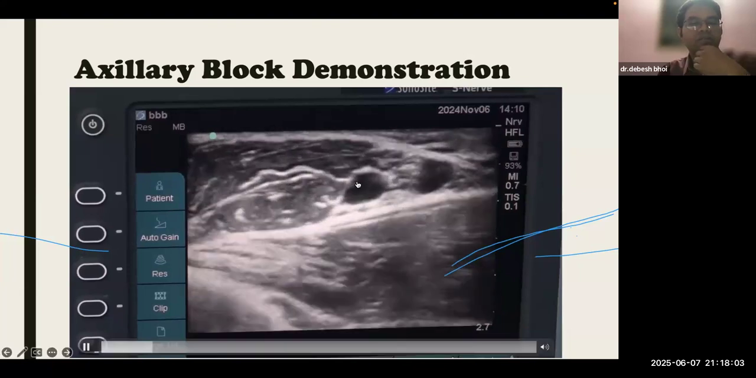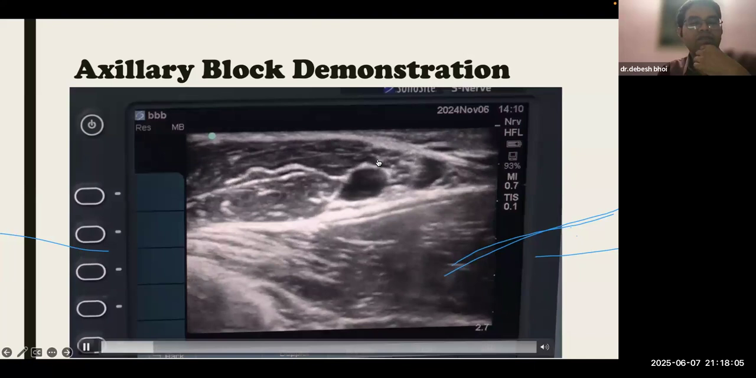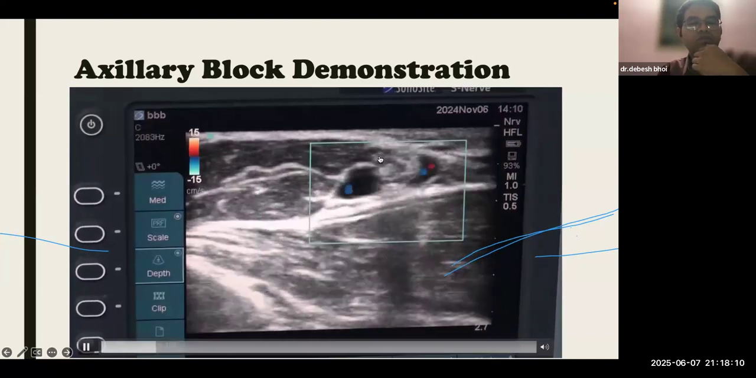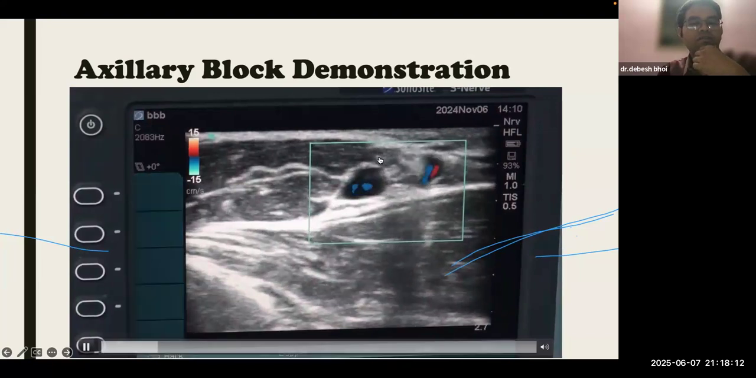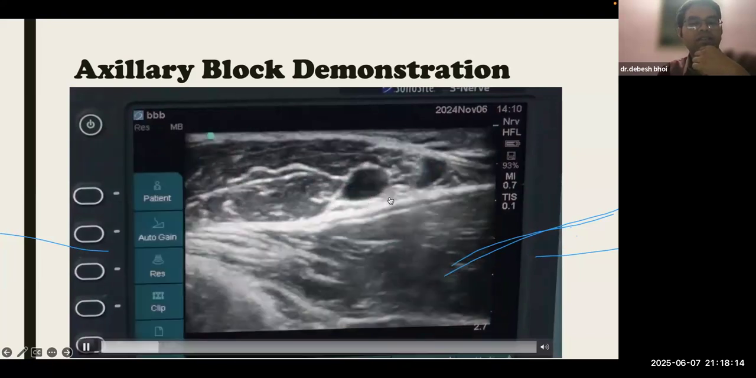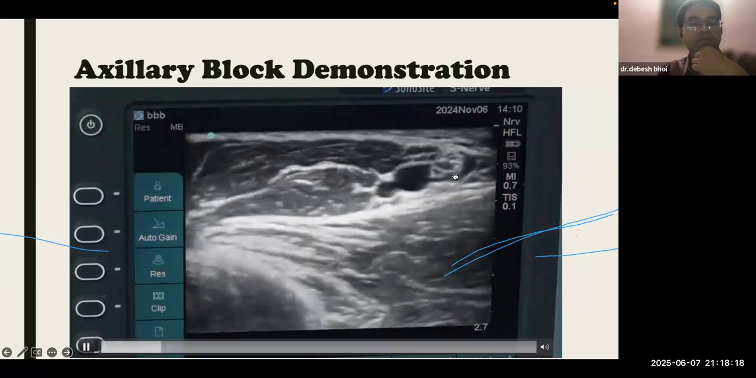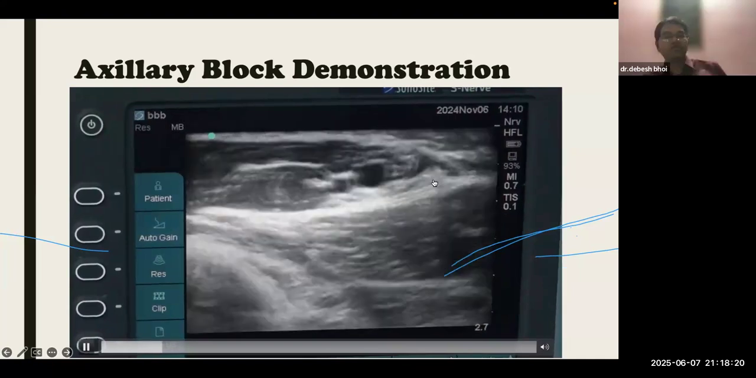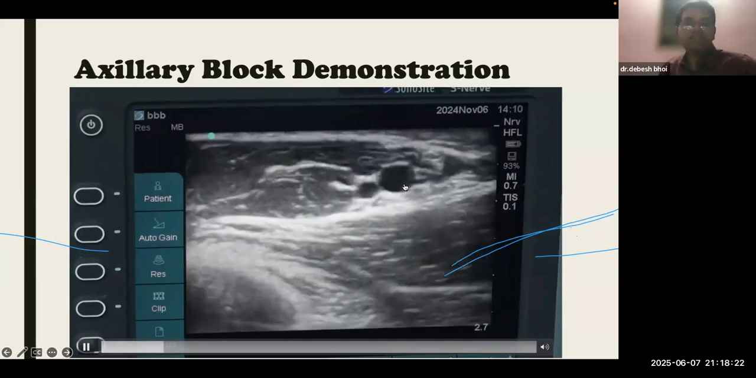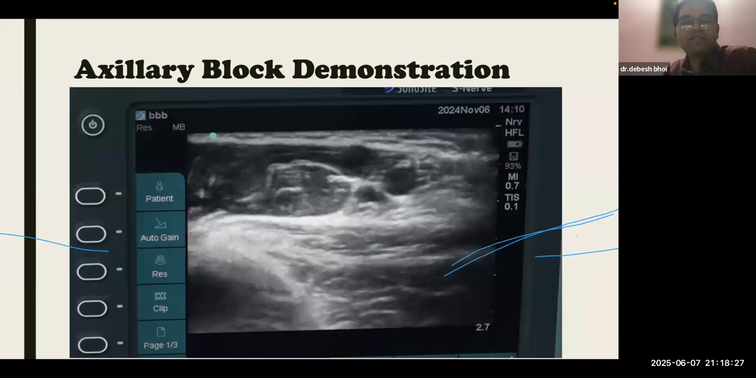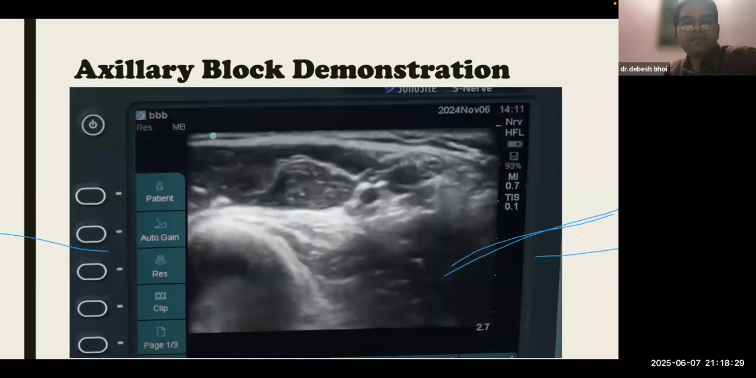There's the axillary artery. The median nerve is sitting here, superficial or anterior to the artery. The radial nerve lies just posterior to the artery. And the ulnar nerve is in between the artery and the vein. But again, by saying this, you may not be able to identify them sometimes if there is any variation. So for that reason, you must scan each individual nerve